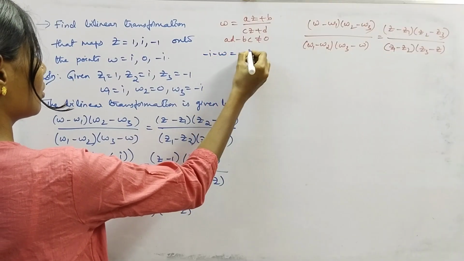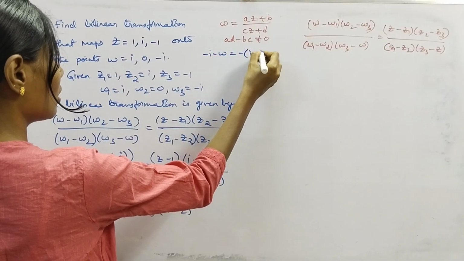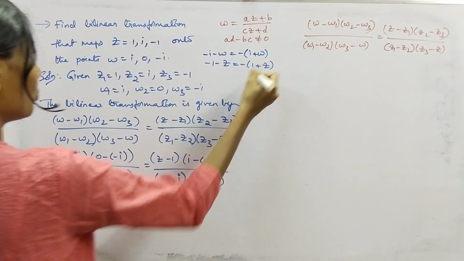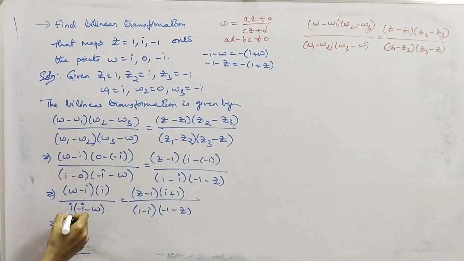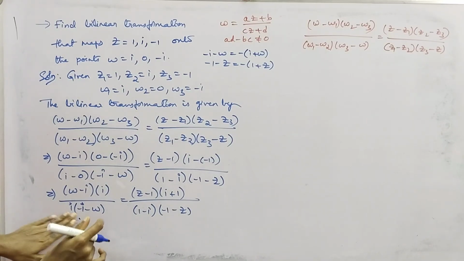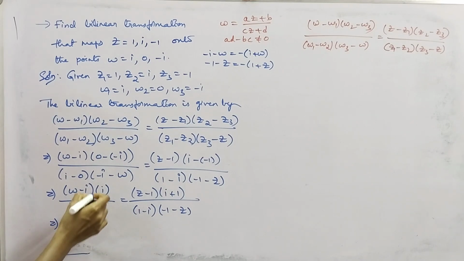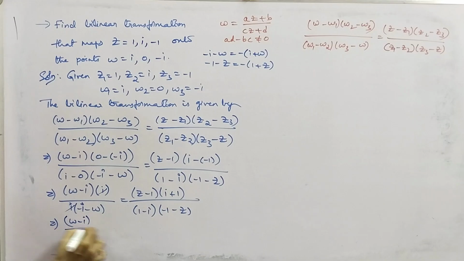Minus i minus omega can be written as minus of i plus omega. Likewise, minus 1 minus z can be written as minus of 1 plus z. Now, multiply the numerator with this i, you can just cancel this i, right? Waste of time. Just cancel out this i, you'll get omega minus i by minus of i plus omega equal to